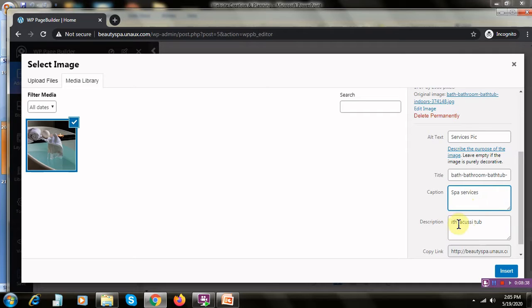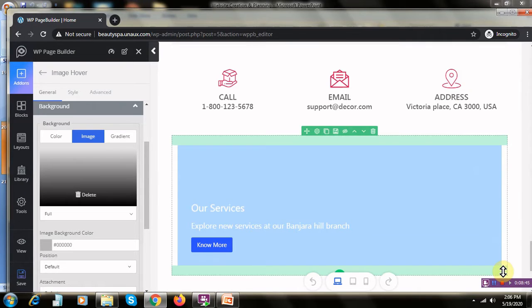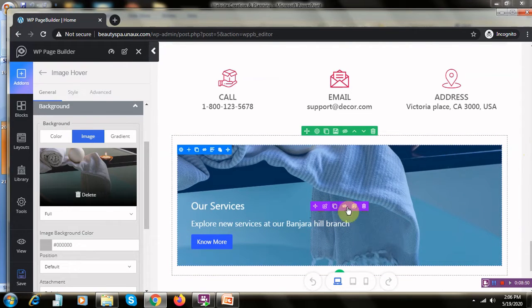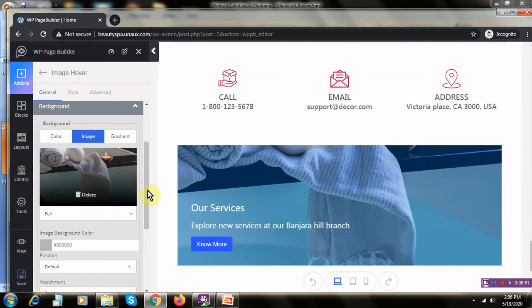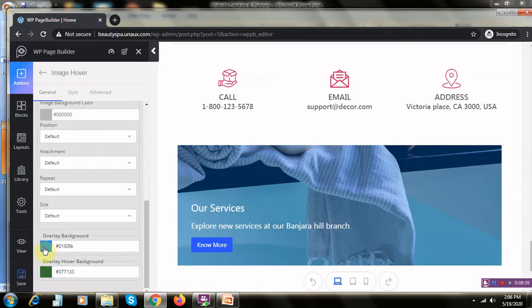Whatever you type should clearly define your picture and its intent. Now it is here. Yes, this is absolutely good. Now you can paste this, and you can also change the color, size, and overlay background if you want to.